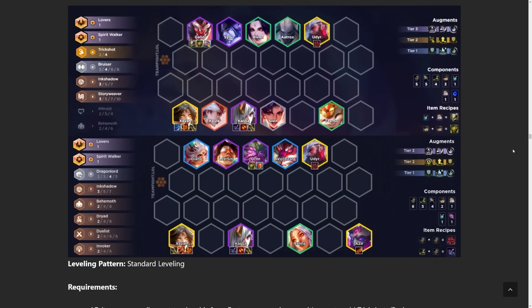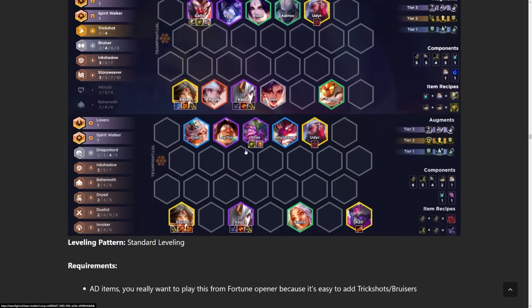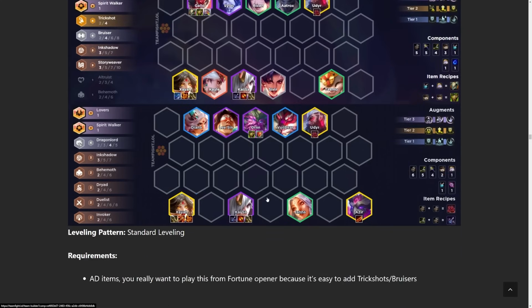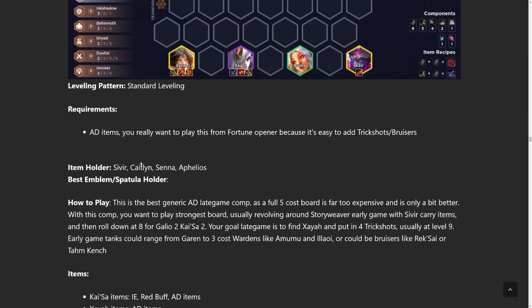So I kind of treat this more as like a fast 9 comp. I don't do the Bruisers too much. I mainly go for the bottom version over here. This is like the more expensive version of the build with 4 Dragonlords. So if you have a bunch of AD items and you're doing the fast 9 Dragonlord build that we saw before, it might be worth it to go for Kai'Sa instead of the other build. Maybe you don't hit Aurelia. It's a decent fallback plan in most cases, but standard leveling or fast 9 for this is going to be